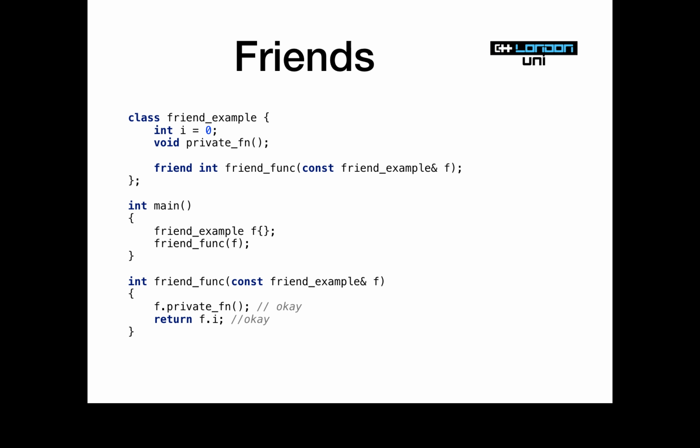The definition scope can be either global or local. The definition only? I'm not sure what you mean. As in, you don't have to define it within the class. As you said, you can put it outside. You don't have to define the function inside the class, no. But that's true for any member functions. You can always define them outside the class. But the friend declaration, that's this bit, has to be inside the class. We don't have to write friend example dot friendfunc or something like that.